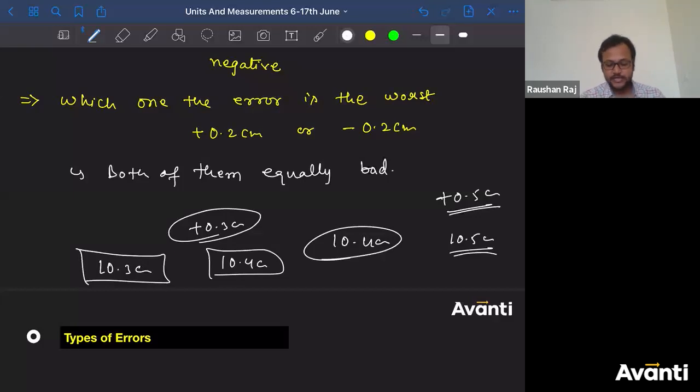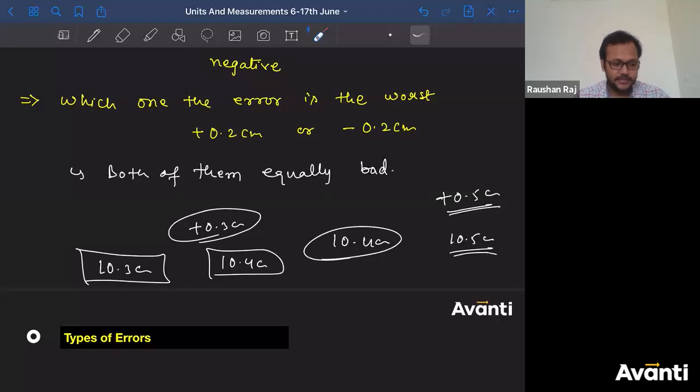What will that customer do? Will he be very happy with you? No. He'll come to you and what will he say? He'll simply say, you are a cheater. If he comes to you and says you are a cheater, what will you say? You'll start fighting with him, he'll start fighting with you. He'll say, you didn't mention the proper specification of the product. It is not having only plus or minus 0.3. The maximum error in this is not plus or minus 0.3, it is more than that. So there will be a problem, right?